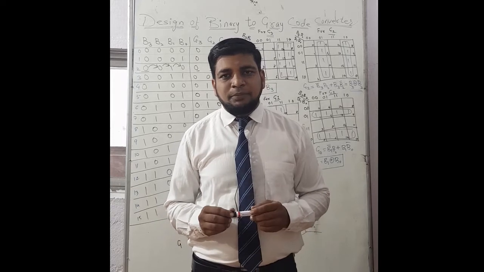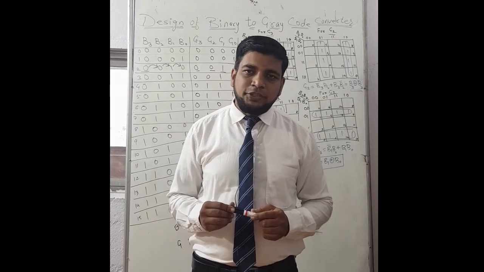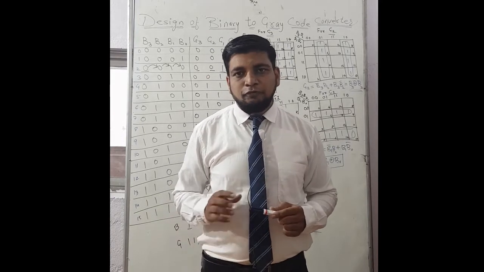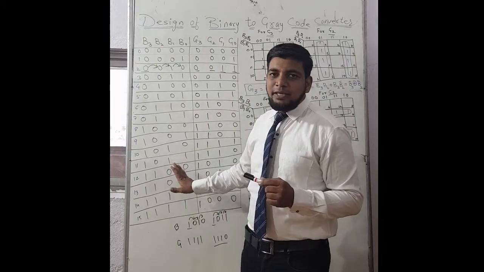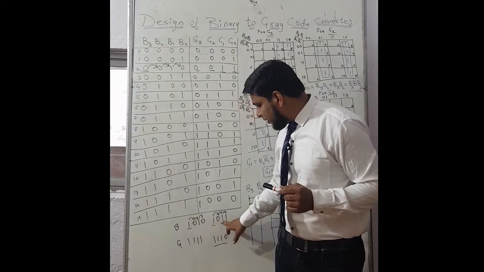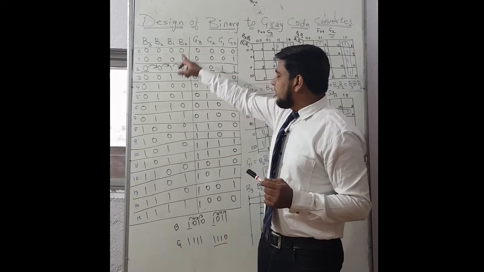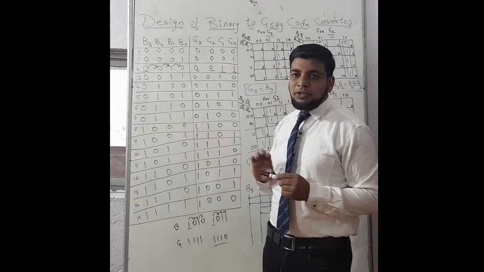For the 4 variables, the possible combination is 2 raised to 4, that is 16 possible combinations starting from 0 going up to 15. So we have started from 0 going up to 15. This is the input. Now follow the same procedure of converting a binary to gray. The complete binary is converted into gray for all possible combinations.